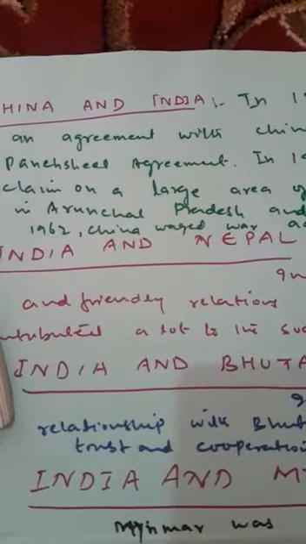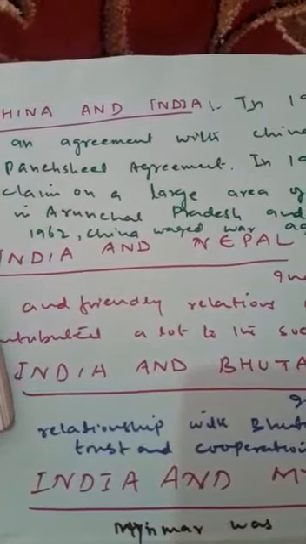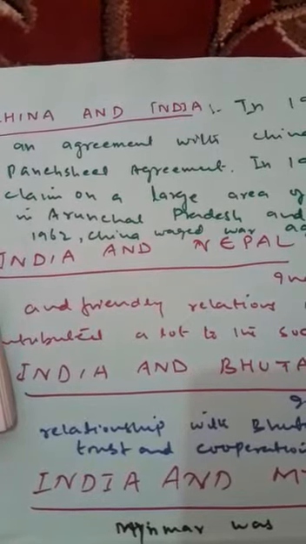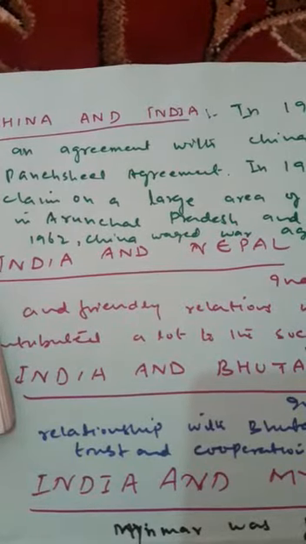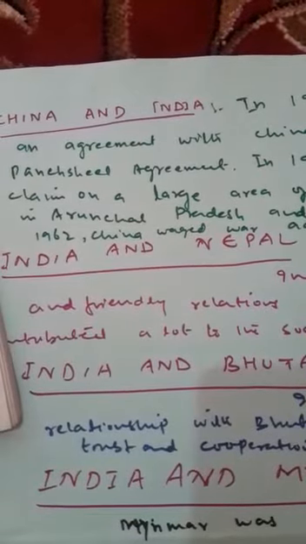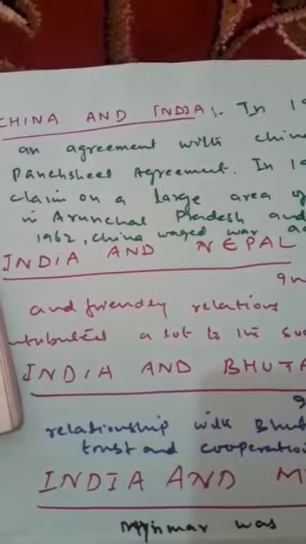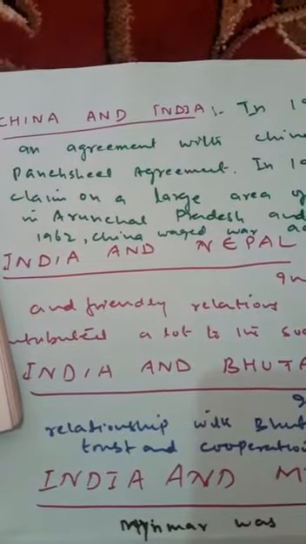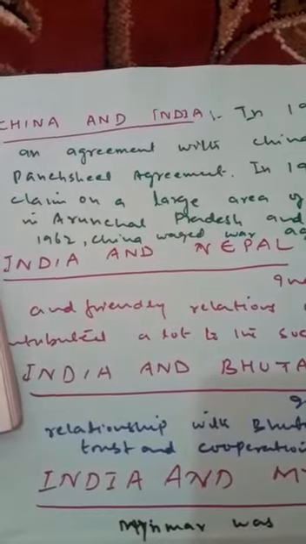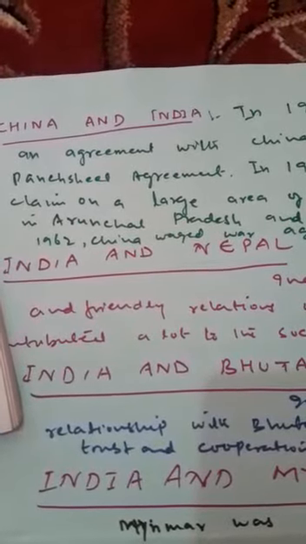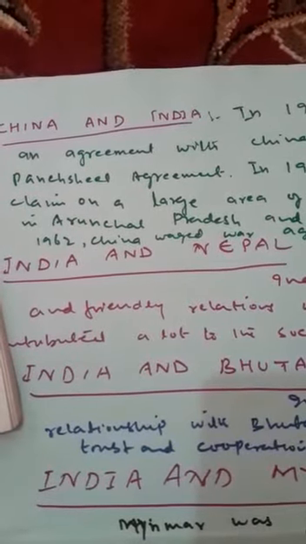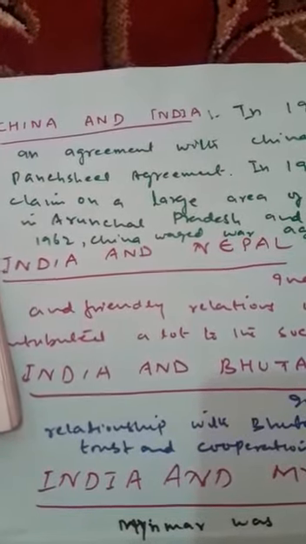As we know, China and India are friendly neighbors. Buddhism has made a significant contribution in developing relations between the two countries. Chinese students used to come to Nalanda for studies, while India was a British colony before 1947. China was not a colony of a foreign power. It was brought under a new government as a result of the communist revolution in 1945.